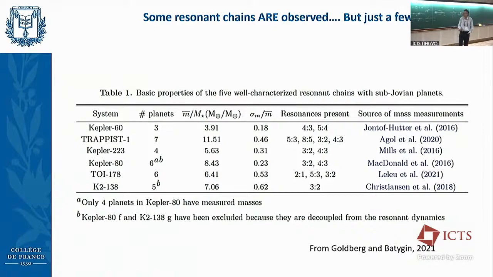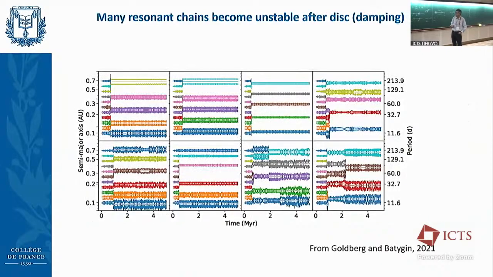But resonance chains may not last forever. So as long as the disk is there with its push and damping, the resonance chains tend to be stable. But once the disk goes away, the resonance chains may become unstable. And this is a series of numerical experiments. So the planets, during the migration phase of the disk, have built up resonance chains which are fairly complex. So you can see many planets, 3, 4, 5, 6, and 10 planets in resonance with each other during the